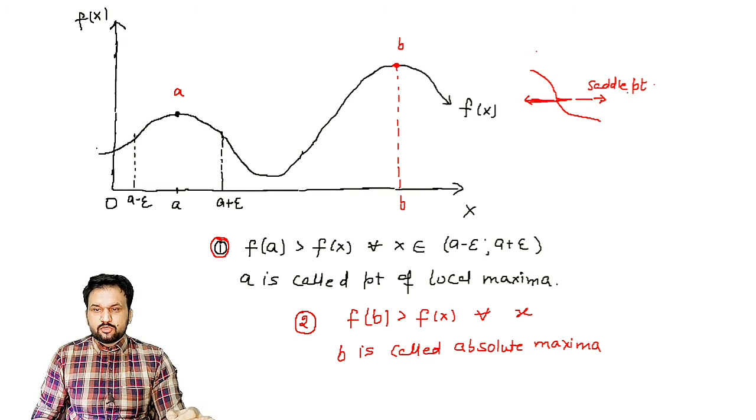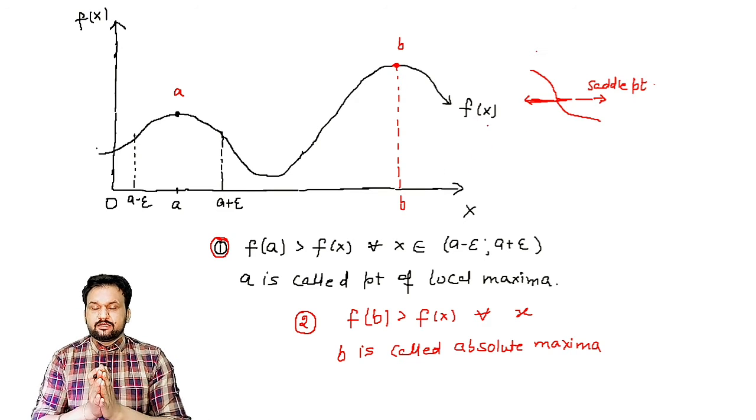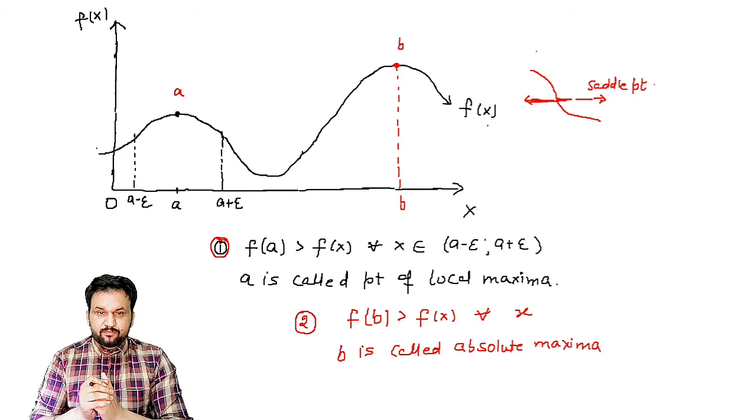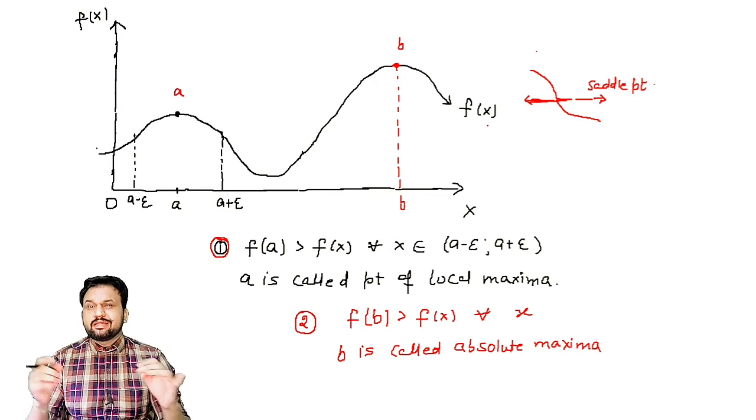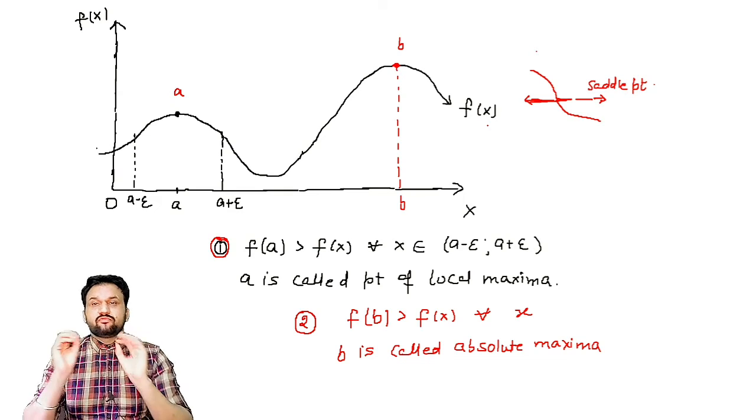Okay, so after this approach, now it's time to find the method: how we can calculate such a derivative to obtain the maximum value, the minimum value, as well as the maximum and minimum point. If you get the word maximum, there is no need to worry about whether it is local or absolute, you just need to find the maximum.